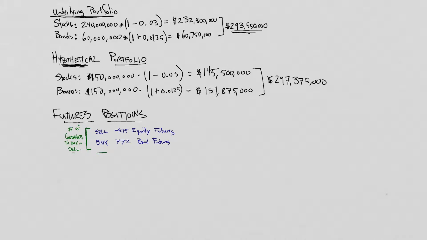So we had figured out that theoretically we needed to sell 515 equity futures, and that each futures position cost $200,000. If this is what we sold the futures price at, and we sold 515 of them,